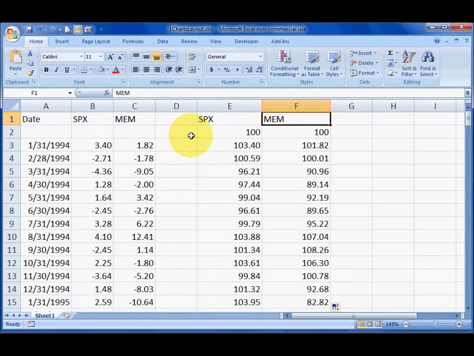How to make a proper line plot. That's the topic. I'm starting from the spreadsheet that we had in the previous video on this page, which is about making a cumulative return. Well, I have it in column E and F now. To make a nice line plot of these two